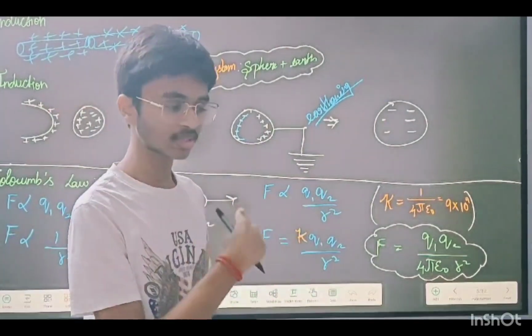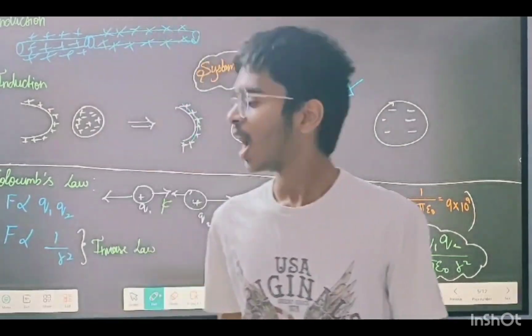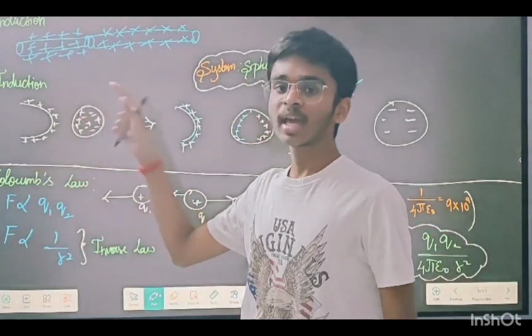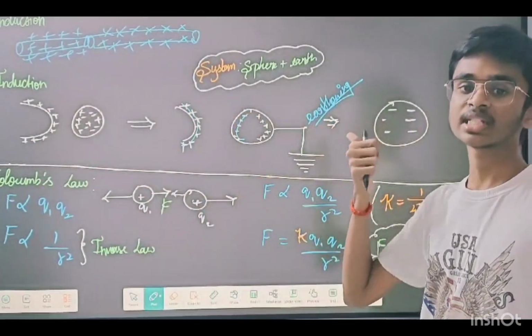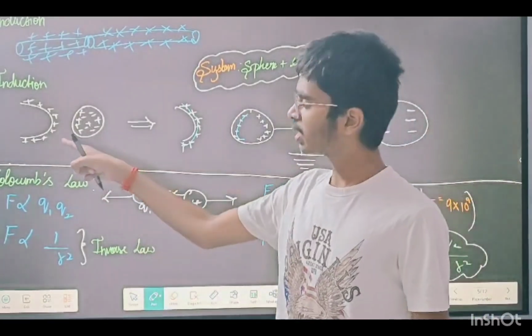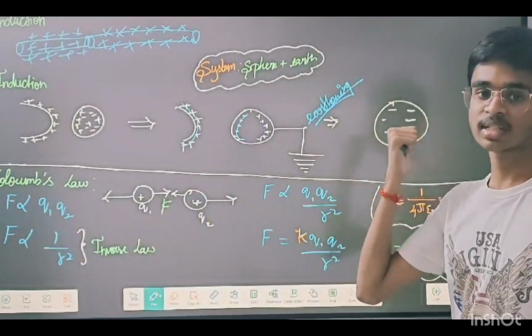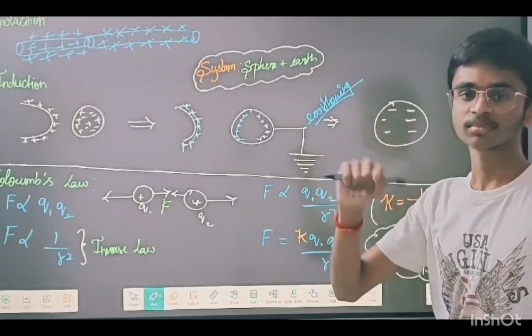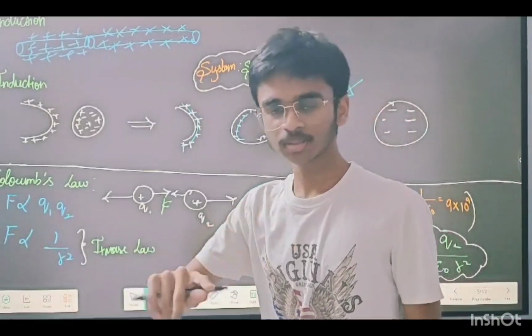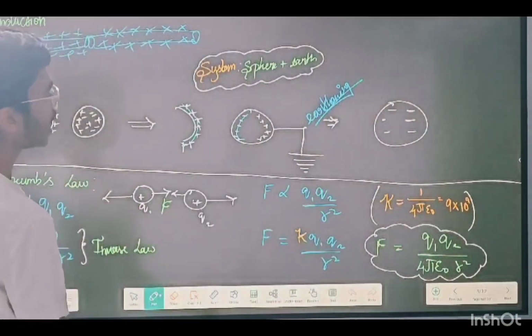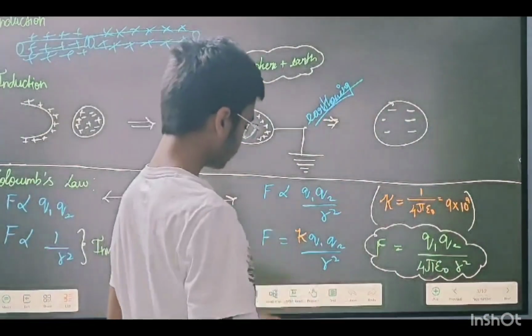Always remember, this can be asked as a 1 mark question. If a positive sphere is there, then only a negatively charged body can be created. If a negative sphere is there, then only a positively charged body can be created. Okay, done. Super pakka. And here is a question. In this process,